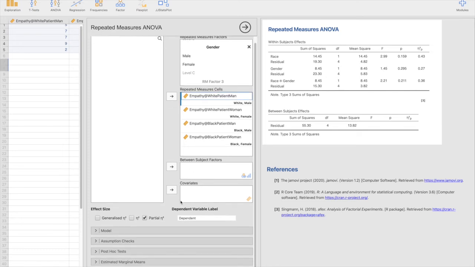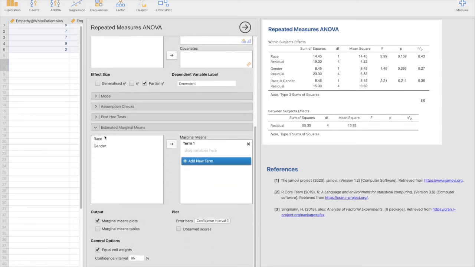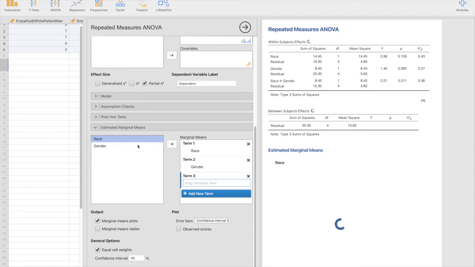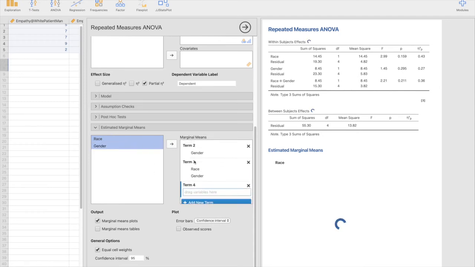What else do we need? Well, we're going to need our graphs. So the main effect of race graph, let's add another graph. The main effect of gender graph, let's add another graph. The race and gender interaction graph, let's add a second interaction graph just so we can